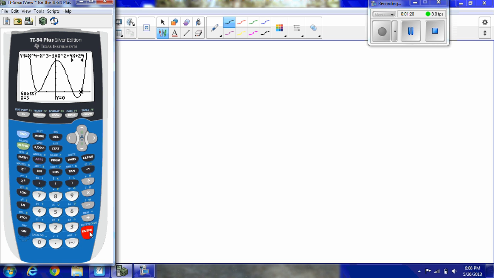I could have picked any left bound or right bound I wanted to, as long as my minimum was the minimum within that interval. You can see these little arrows right up here, those are defining the interval that I'm looking for the minimum. The third thing it says is, do I want to make a guess? No, I don't want to make a guess, so I just push enter, and it gives me a minimum, and the minimum is my y value at an x value. So I would write it